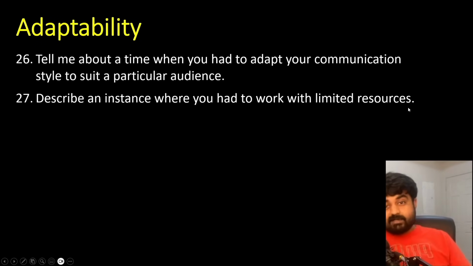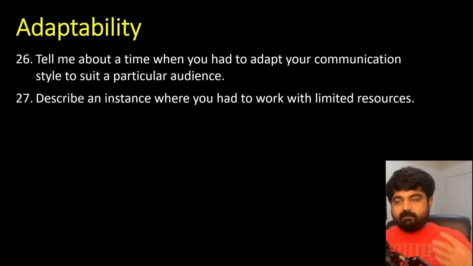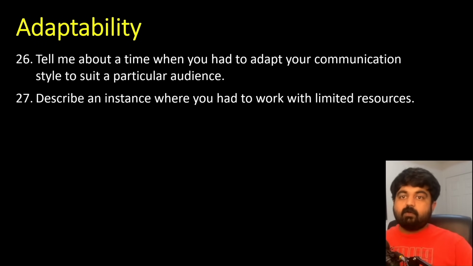So limited resources can be in terms of limited time, limited number of people working on a project, or a limited set of tools or technology available to you. Why you were there, what was your approach? Let's say that there is only one single license that you can use amongst 4 different developers in the team. How do you make sure who is going to work on what, and because everyone wants to use that license, how would you take care of it?